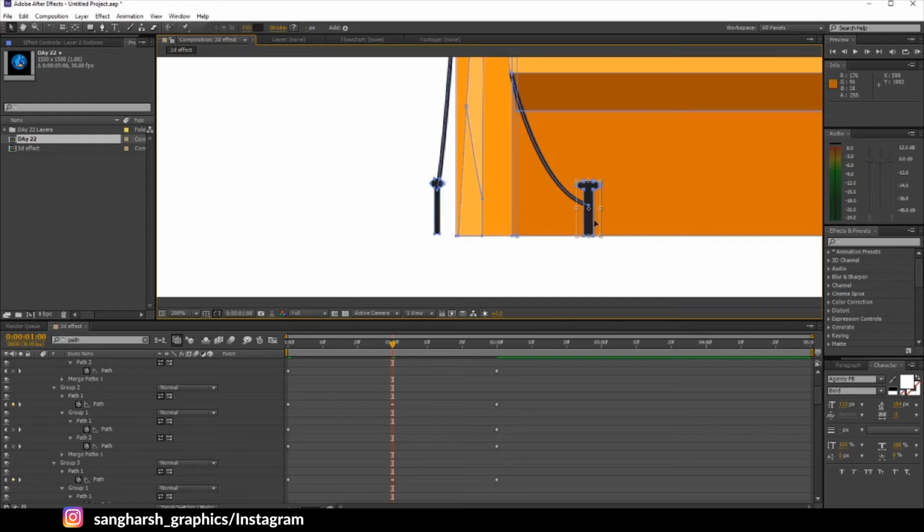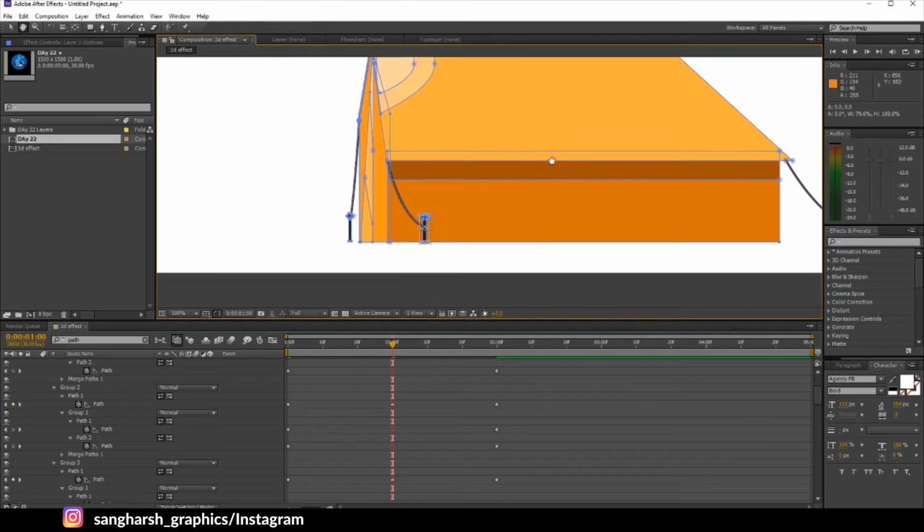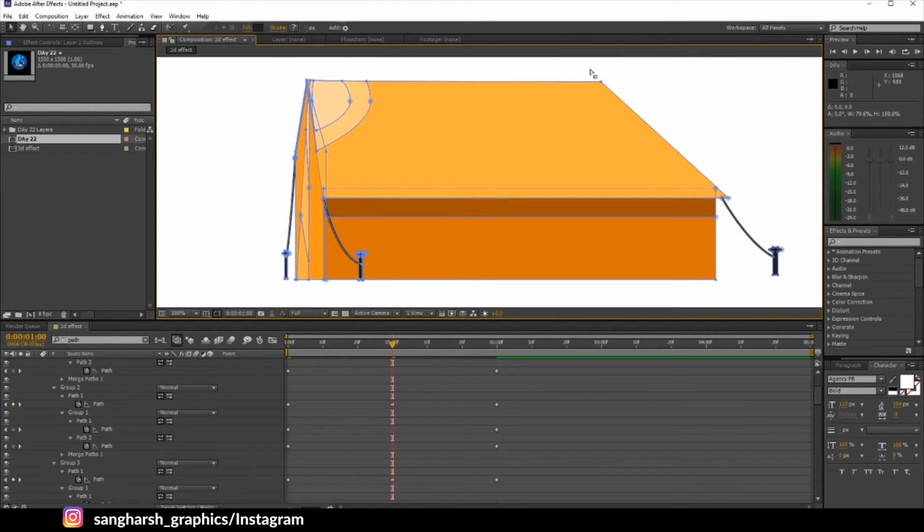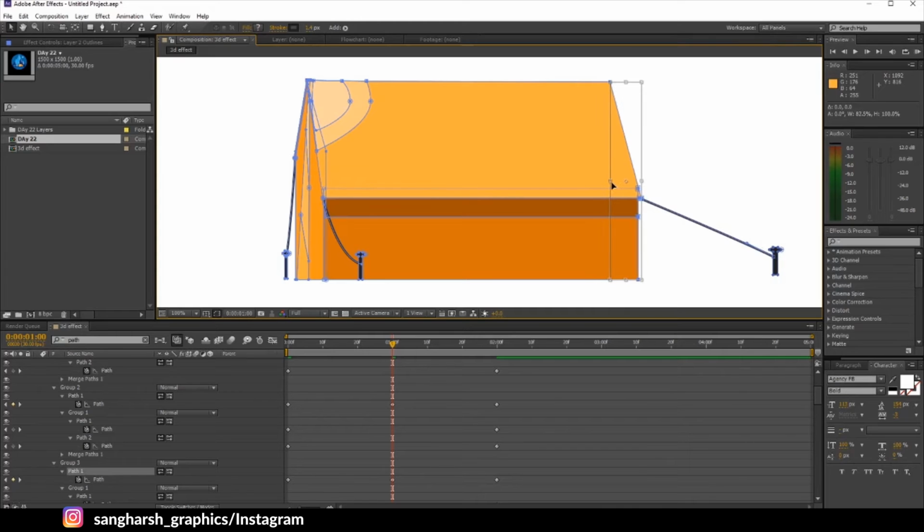Seems perfect. Let's adjust this also a little bit. Now we have to adjust the back side. Hit enter, select the back side, only this, Control T, and by this arrow adjust. As you can see, the HUD seems like from the side angle. Yeah, something like this. Now select the last tentacle, drag it over here. Just press Control T, drag it over here. Take it a little bit down.